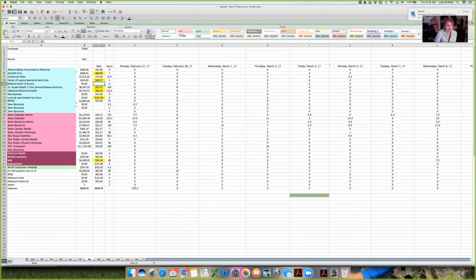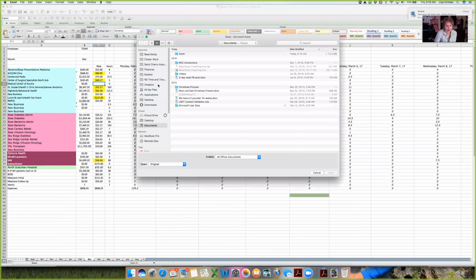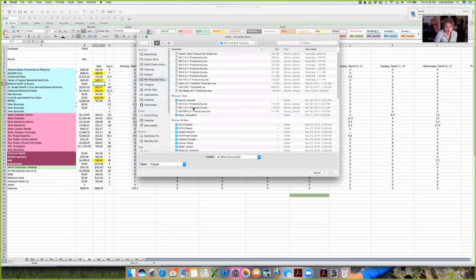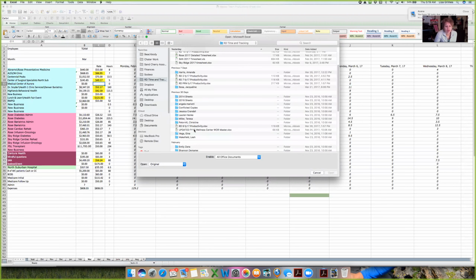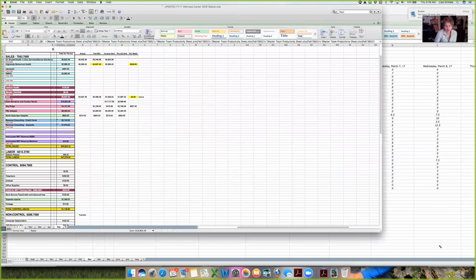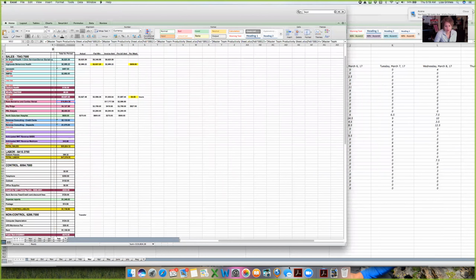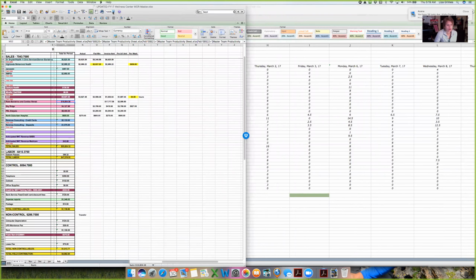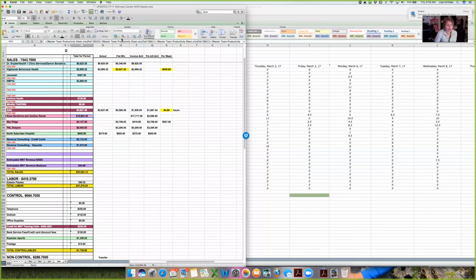So the second thing I do is I actually open up the WOR, which is in the same location, which you guys know. Let me find it. Where is it at? There it is. Okay, so when this opens, you won't have to click update because you've already opened up the master sheet. And we're going to actually split this screen here, and we're going to increase this one so you can see it. So, all right, so what I usually do